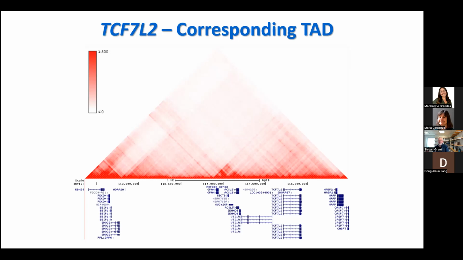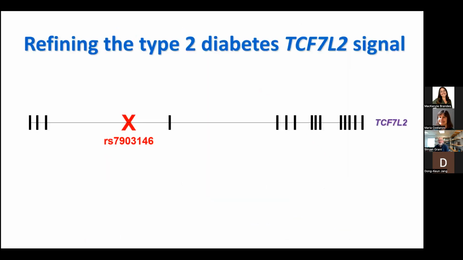And so if TCF7L2 is not the causal gene, is it still worth pursuing? I'd say the answer is yes, because there's a number of genes in there that are therapeutically potentially attractive. And so trying to understand exactly what the landscape is with respect to operating genes is very important.